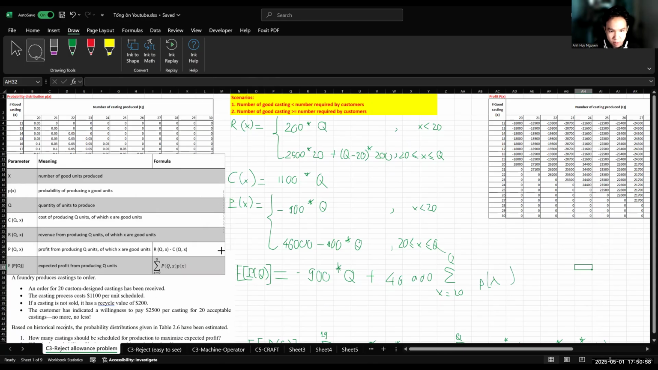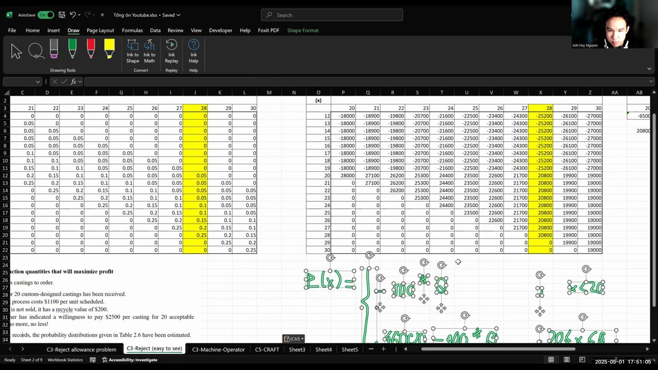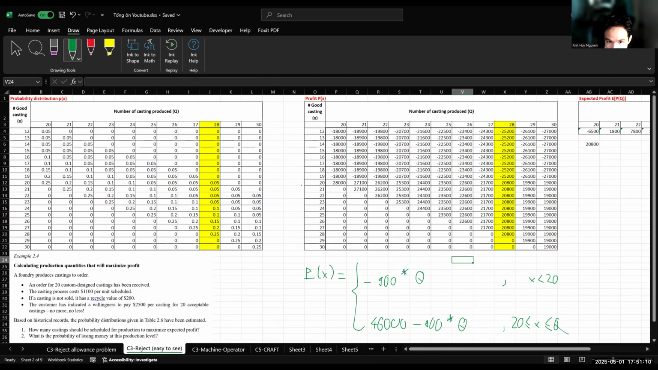Okay, let me copy the profit formula. Okay, so we have two scenarios, right? I'll divide the table right here. Okay, so if x is less than 20, you will use this equation to achieve this number. Okay, for example, here, if you can only